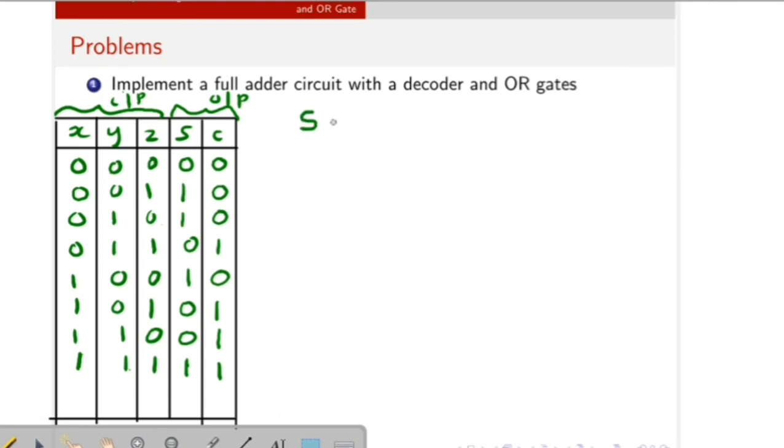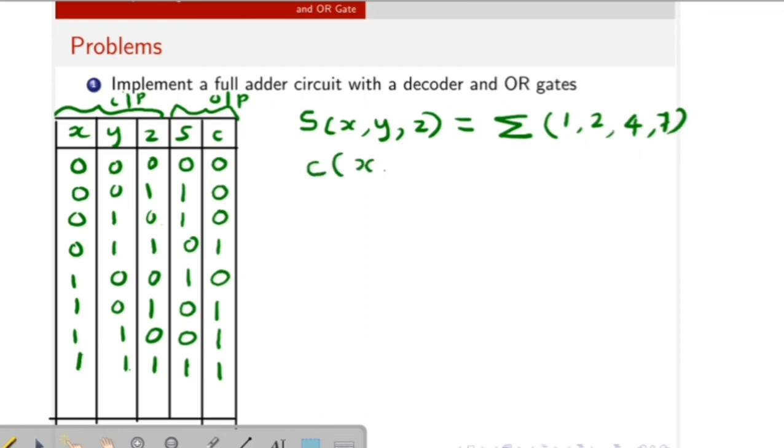So we can represent sum as S of x, y, z is equal to sigma of minterms 1, 2, 4, 7. The minterms 1, 2, 4, 7 are 1 for the sum output.